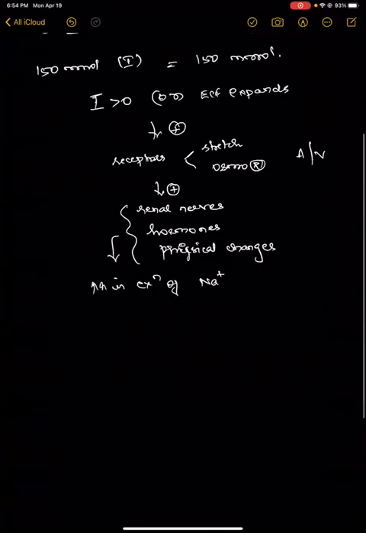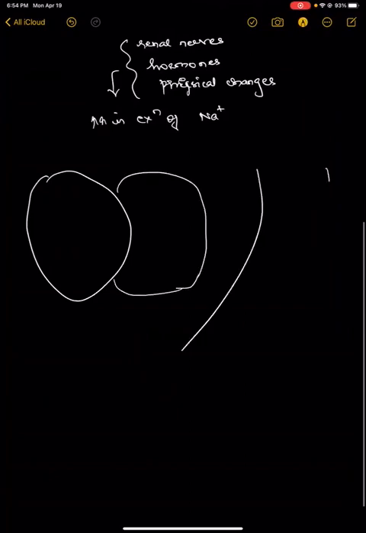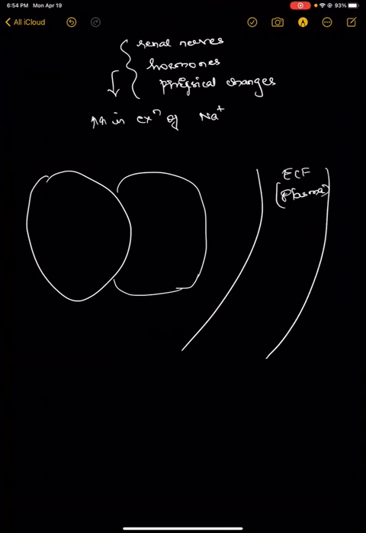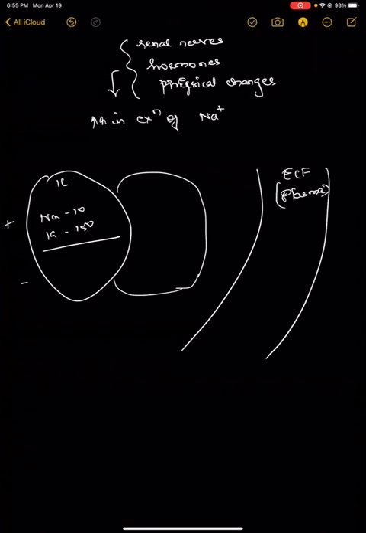So ideally, suppose this is our cell. There are two cells, and this is the blood vessel. So we have the ECF, which is the plasma. I'm talking about only the plasma here. And then this is a cell. Intracellularly, the concentration of sodium is less and potassium is more, as we all know. These are the cations. And as for the anions, we have the phosphates and the sulfates, which are in higher concentration, and bicarb is in the lower concentration.